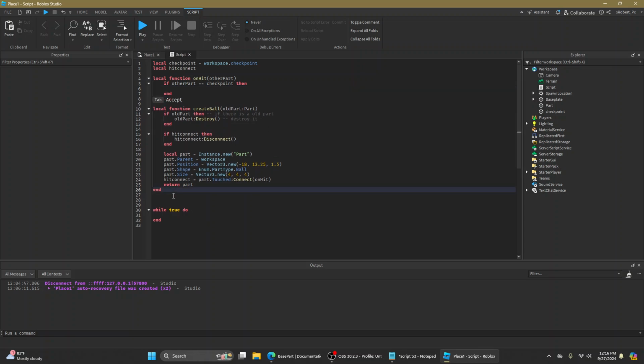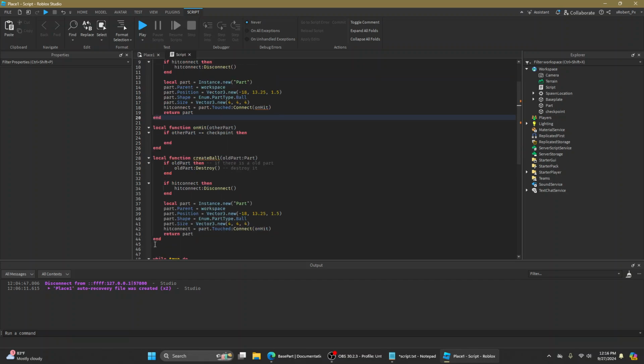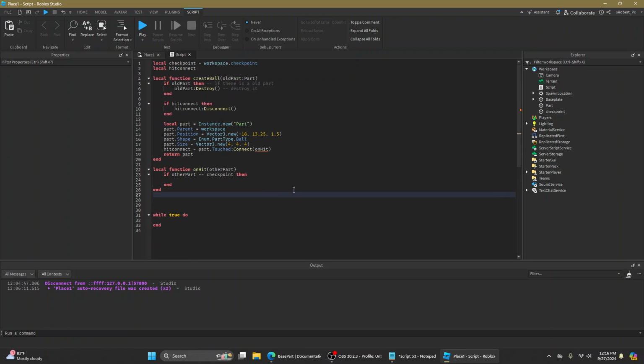I think we need to do this. We need to move this function above this function, and make sure you don't have two of the same function. Yeah, like that, create ball. But now